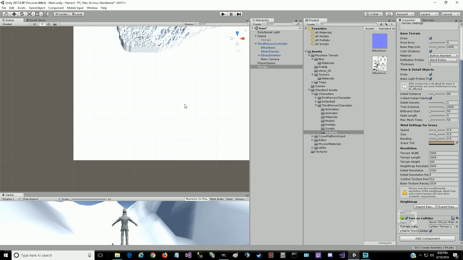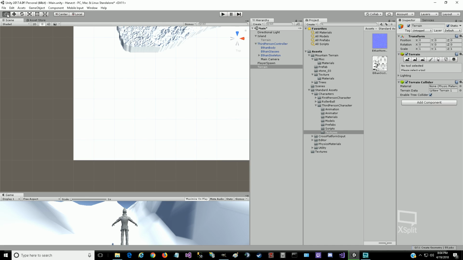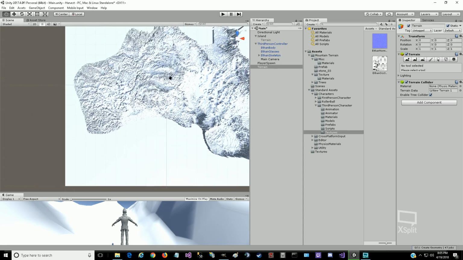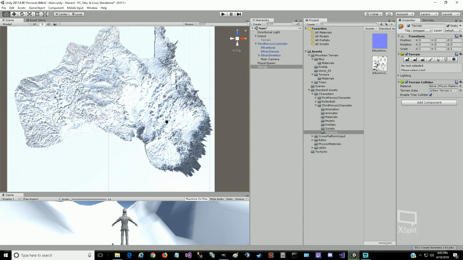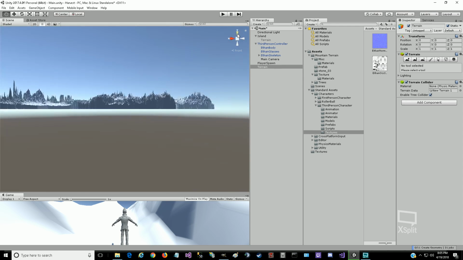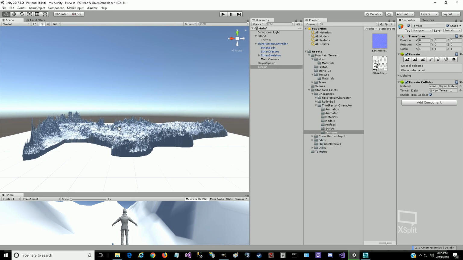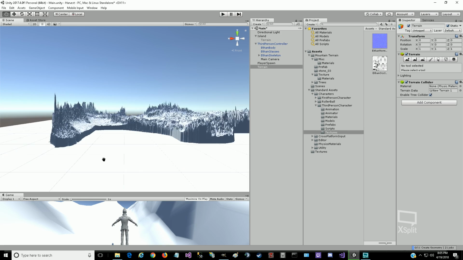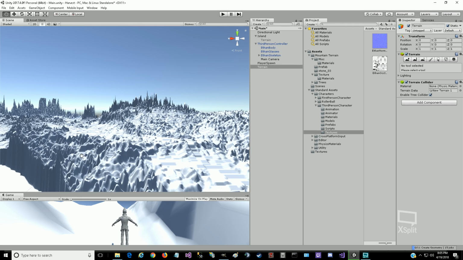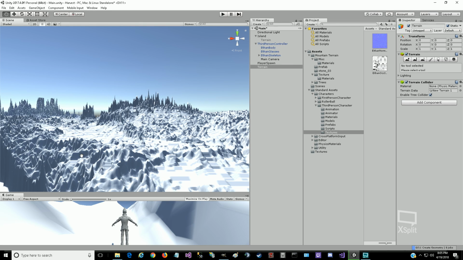Okay. So let's see what we got here. If this is from a top-down view, let's zoom out a little bit. You see it brings it right in, and there's some jagged edges there because of the way it does it. It's not exactly perfect, but it gives you a starting point. Now, if we switch to the Z, you can see we have a three-dimensional projection of our height map and very rough and jagged edges, but you have a basic layout to start with,